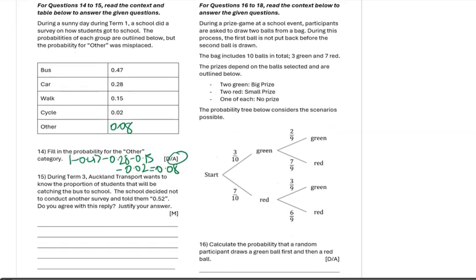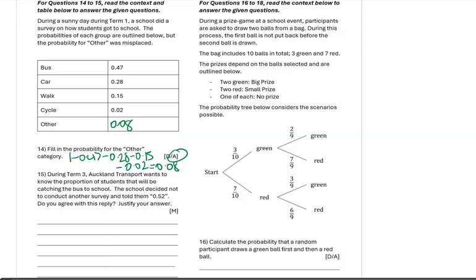Gosh, so there's a lot to unpack for this question. This one was quite tricky. If you're reading the context, this survey was about a sunny day in term 1. We're now in term 3, which remember, term 3 is all about winter. So the way I would be thinking is